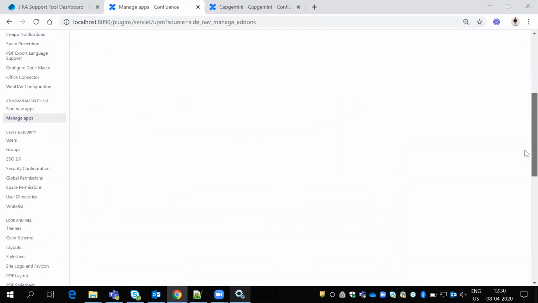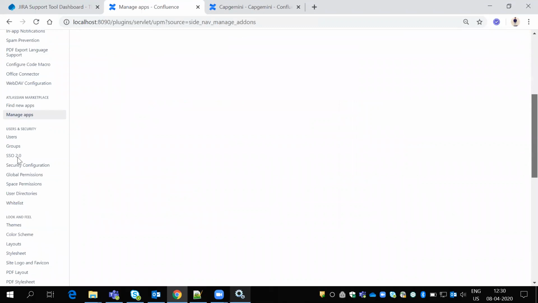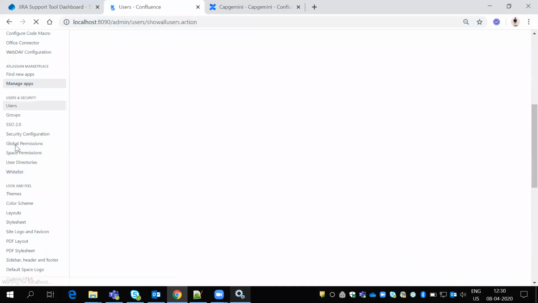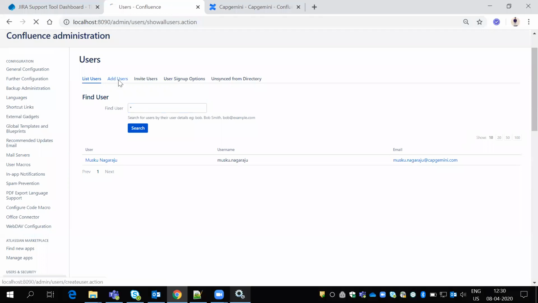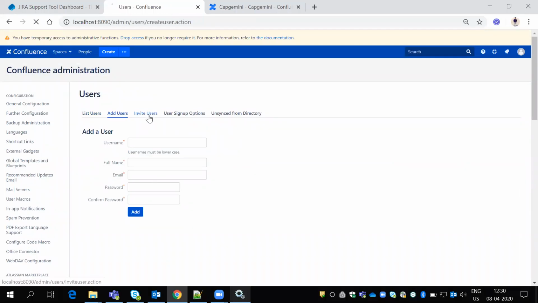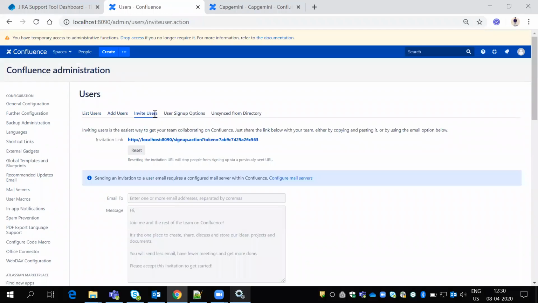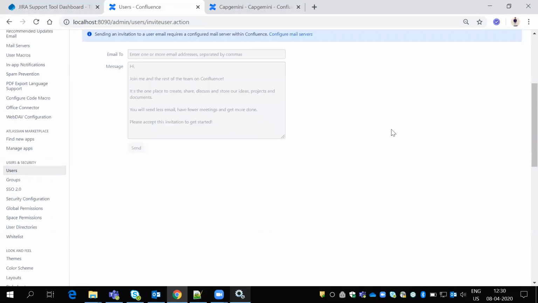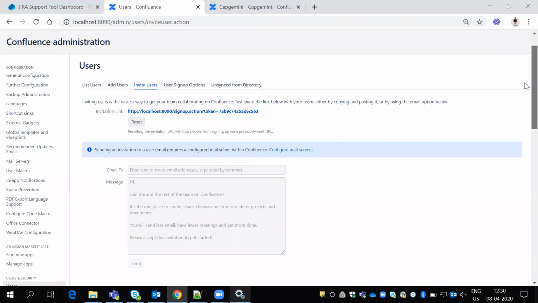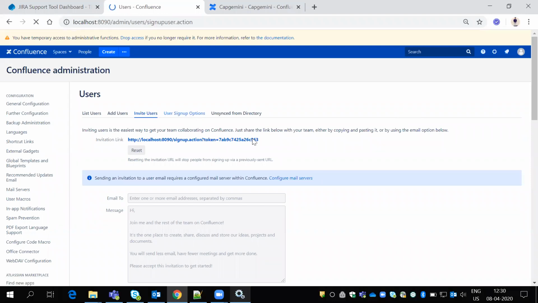And the next very important thing here is user management. This is complete user management. Once you click on users, the user list appears, and only Nagaraju is there. If you want to add any users, there is an Add Users option. From here we can invite users, since an outgoing email ID is configured. The next option is user sign up. Sign up means if you're not